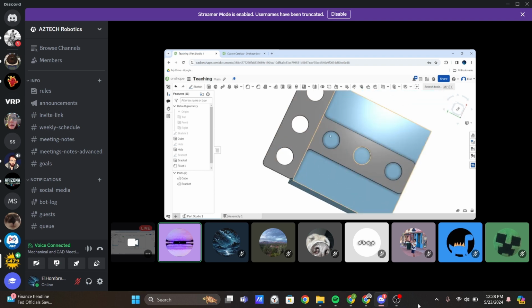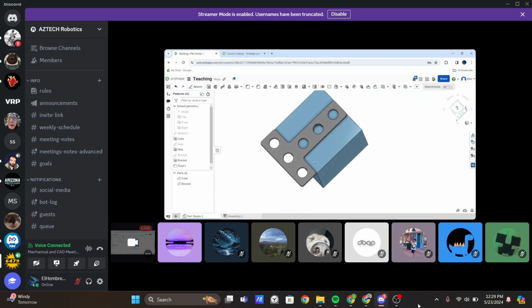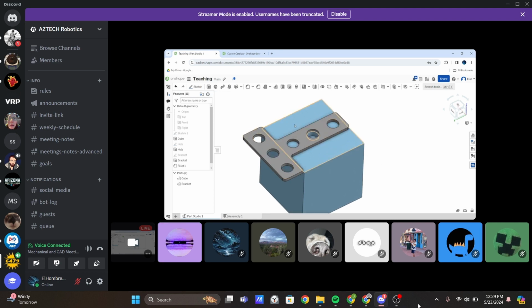So yes, now we have nice filleted edges. Let's see, what else is there? I'm gonna show something else. I just can't remember what it was, my bad. There was also,